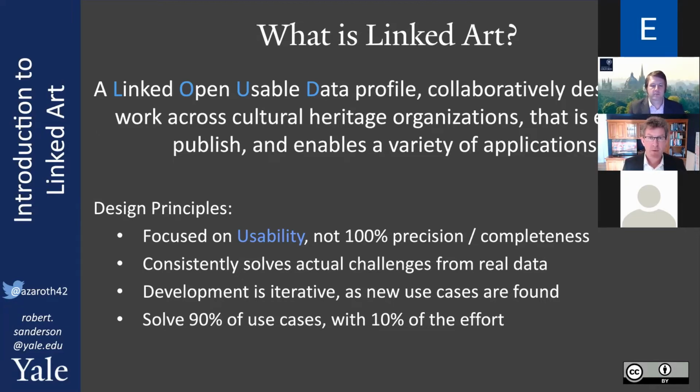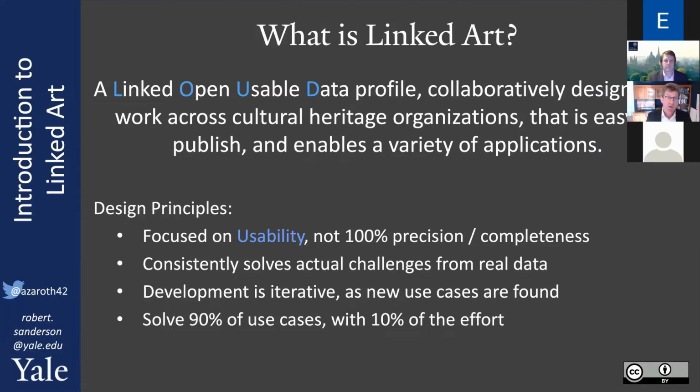So we want to be able to make an actual difference in the world rather than just theorize about the world, and from real data. And that's also important, because if we don't have the data to support the solution to the challenge, then we're not going to solve it. So there's no point having a perfect theoretical model with no data that is capable of being filled into the